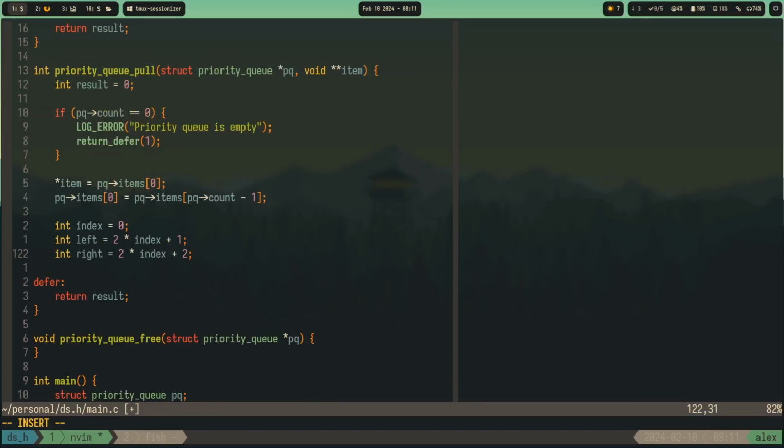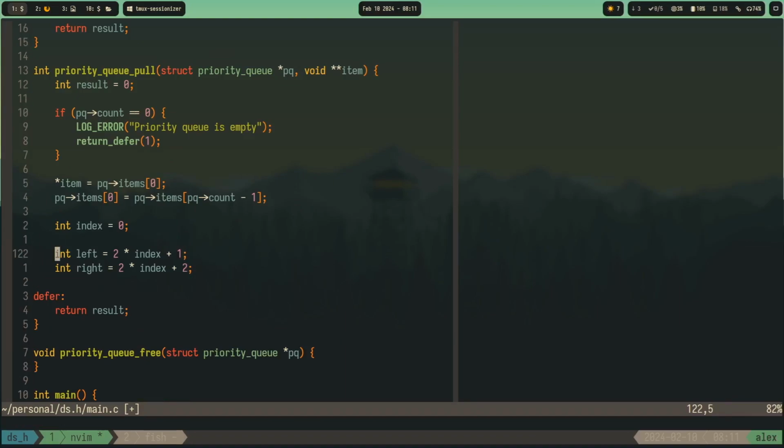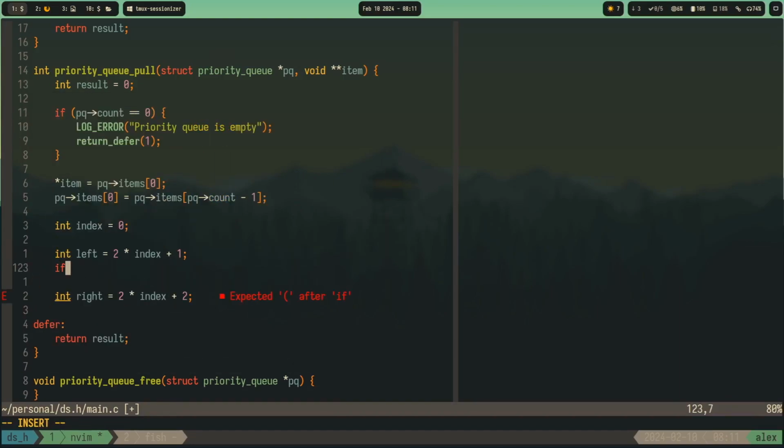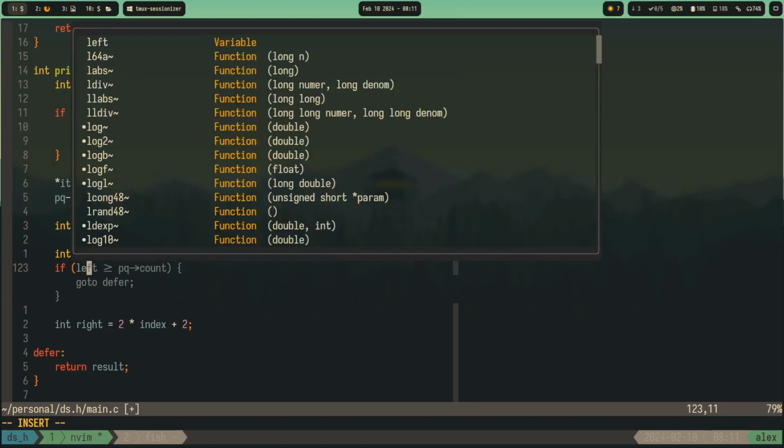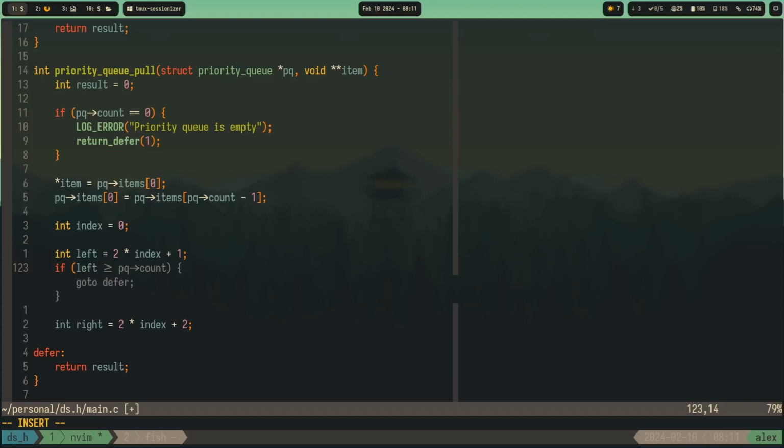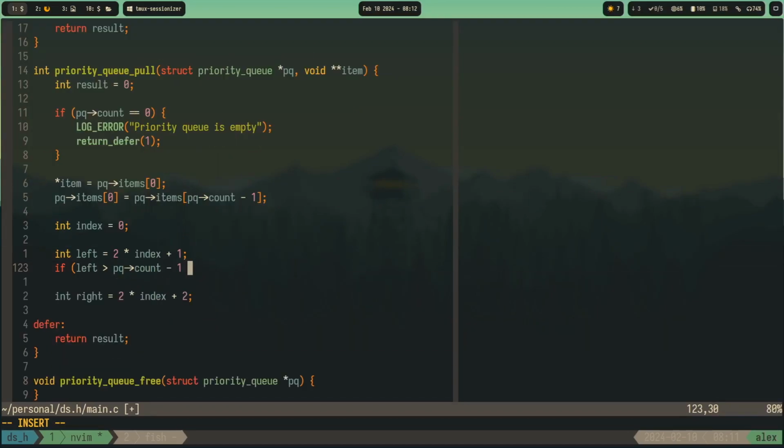We also need right. Well, yeah, whatever. We can do this. I mean, we can do it like this. If left is smaller than pq count minus 1 and